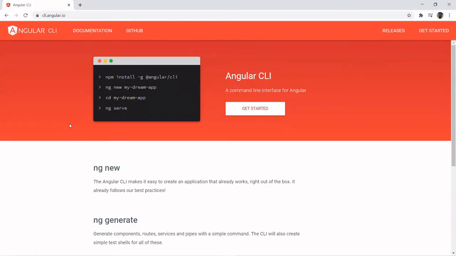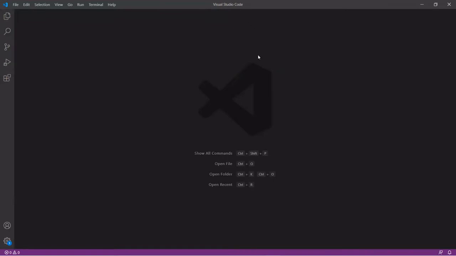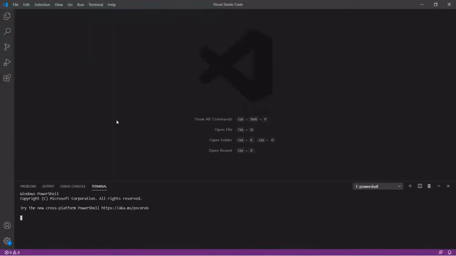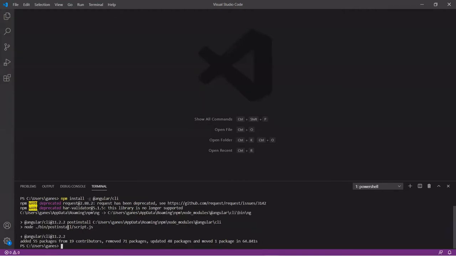So we are on the Angular site. They have provided these steps to create the Angular application. Let's run this first step. You can run it either in the command line or in VS Code, so let's go to VS Code. We are in this VS Code IDE. Go to the terminal, click on new terminal, paste the command and enter. It will take some time to install the Angular CLI on your machine. If you notice, Angular 11, which is the latest version, is installed on my machine. This is the package they have installed along with the Angular CLI.